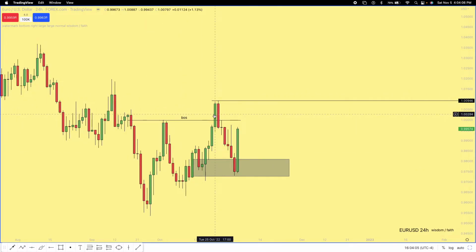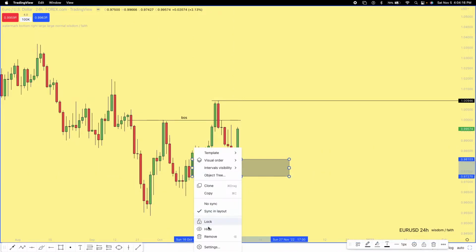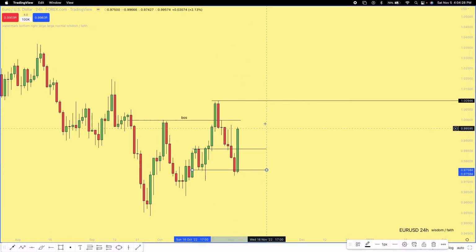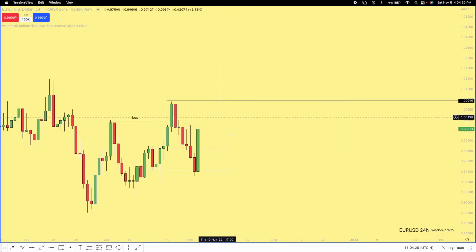Why? We had a break in structure taking out this short-term high here, rebalanced ourselves back down inside of a PD array, a bullish order block here. We technically are still inside of this bullish order block, which is right here, the last down close candle. We did kind of go through it a little bit, but we basically did respect it. Price pulled right back up inside of it here. So I'm using this as my POI range here.